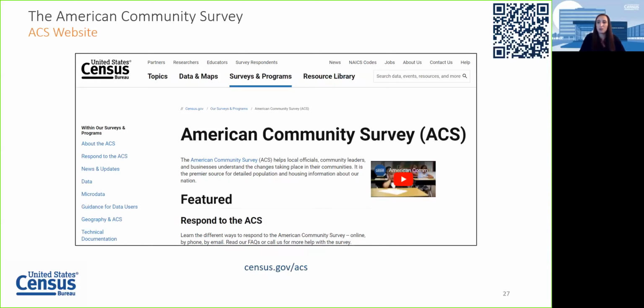This page can be found by going to census.gov and selecting Surveys/Programs and then selecting American Community Survey, or simply go to census.gov/ACS. The ACS website contains a wealth of information about the survey, data products, tools for data users,